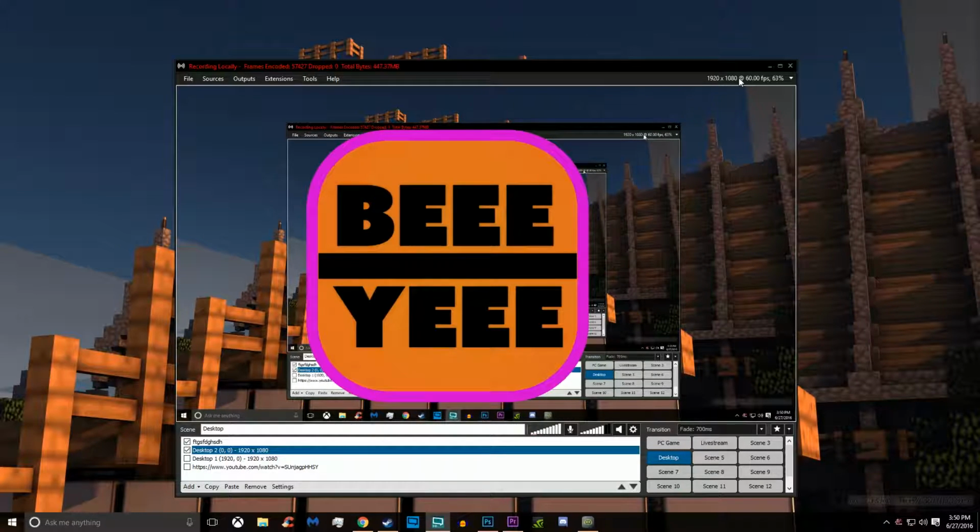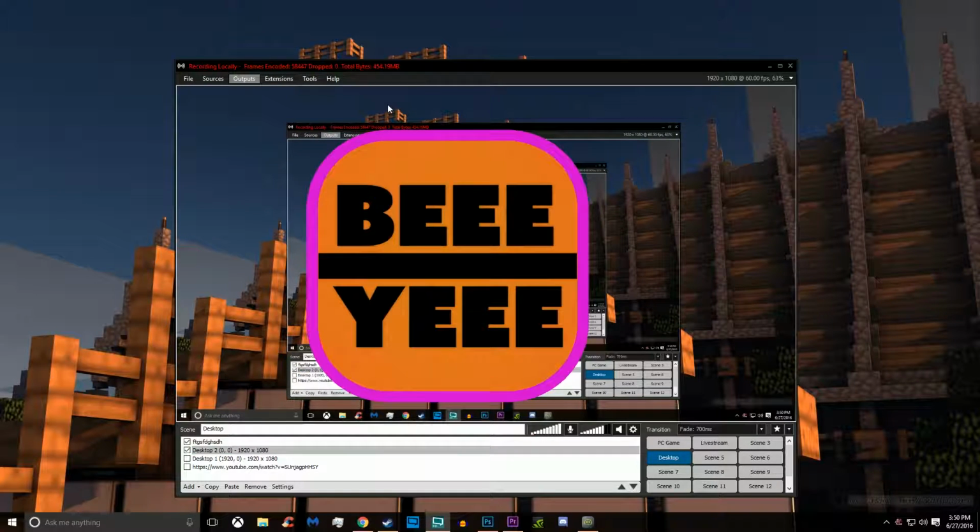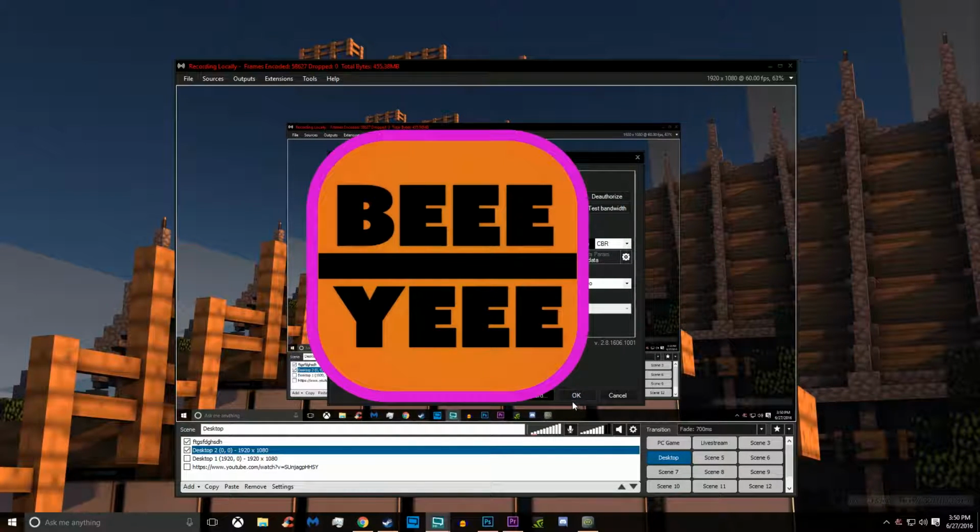So that is one section of your outputs, but your other is all under this list here. You can select exactly where you would like to stream to. You can even stream to multiple services all at once if you have the internet bandwidth to do so. You can also do a recording by hitting Alt-R, which is the default. And you can configure these settings even further by clicking on the gear,